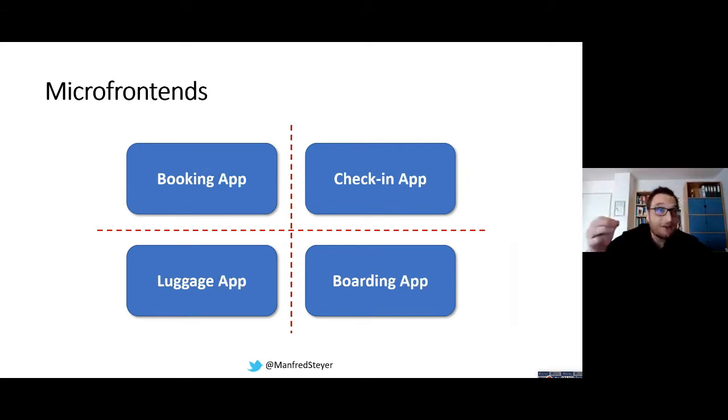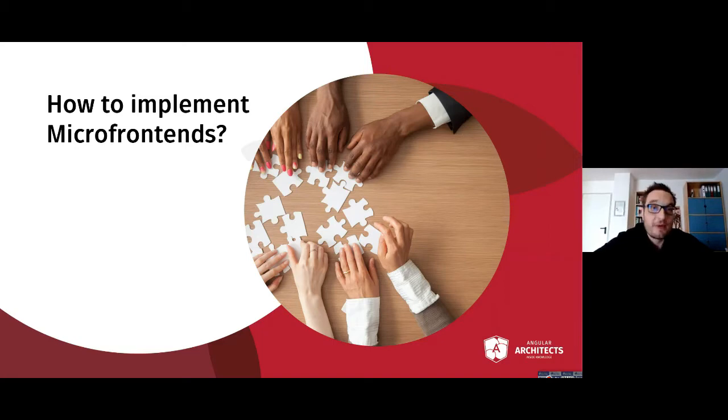If we take this idea of microservices and put it into the front end, we have something like Microfrontends, which is just about having simple applications, simple single-page applications per domain. So the big question is now how to implement microfrontends. And well, it was always possible, but you needed to use some tricks in the past. Some dirty tricks like manual tool manipulations, for instance. That was not that nice.